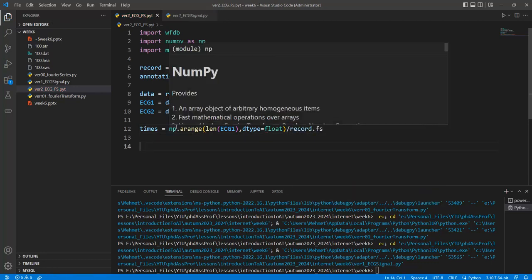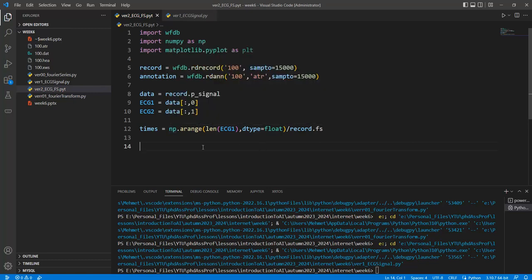It's the R generation. And fs is the sampling frequency. Okay, sampling frequency. This records is a dictionary with some specific key values. If we call fs, this records gives the sampling frequency value of this record. Okay,